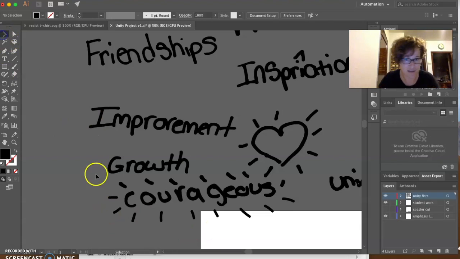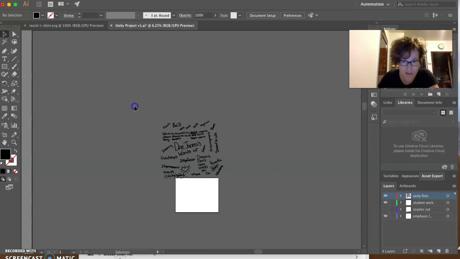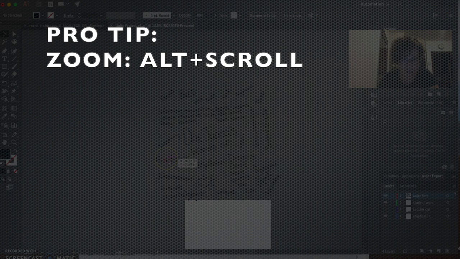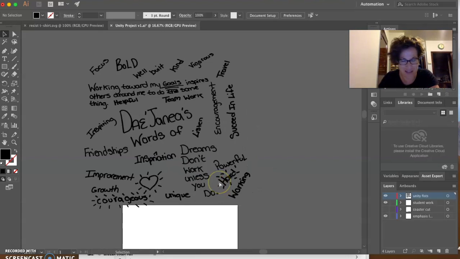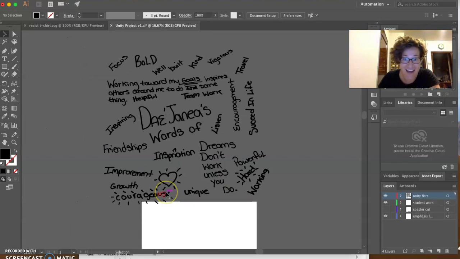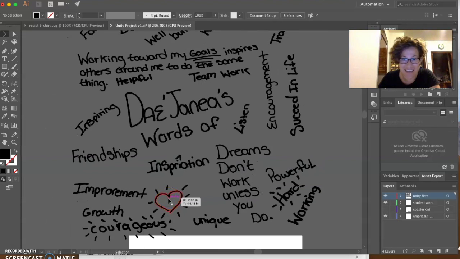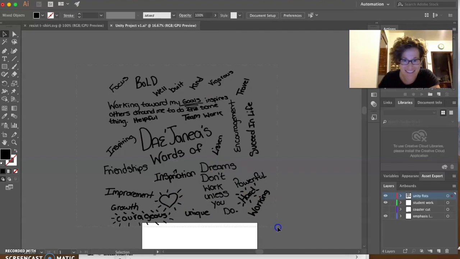Something that I learned just a few minutes ago was that if I zoom out, and I'm doing that really quickly, I'm holding the Alt button or the Option button on my computer and the scroll on my mouse because I have a mouse. You can't do it another way. Actually, I'm sure you can, but I don't know how. I'm sure you can Google that. Okay, great. So select everything,